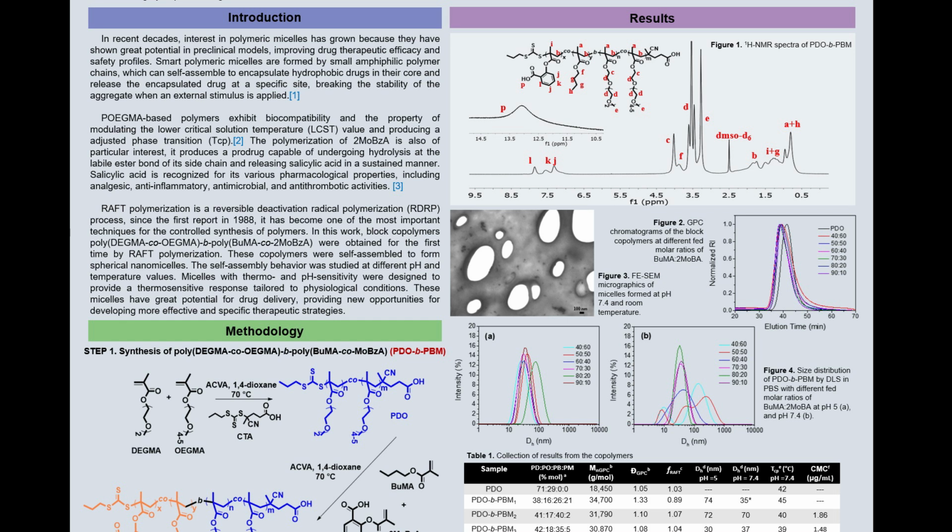On the other hand, the formation of micellar aggregates was evaluated. Figure 3 shows an FE-SEM micrograph of the micelles obtained in PBS solution at pH 7.4. Small dark-colored streaks with an average diameter of 23 nm can be seen. Figure 4 shows the hydrodynamic diameter studies by DLS of the micellar solutions. Figure A shows the size distributions in PBS solution at pH 5, and Figure B shows the distributions at pH